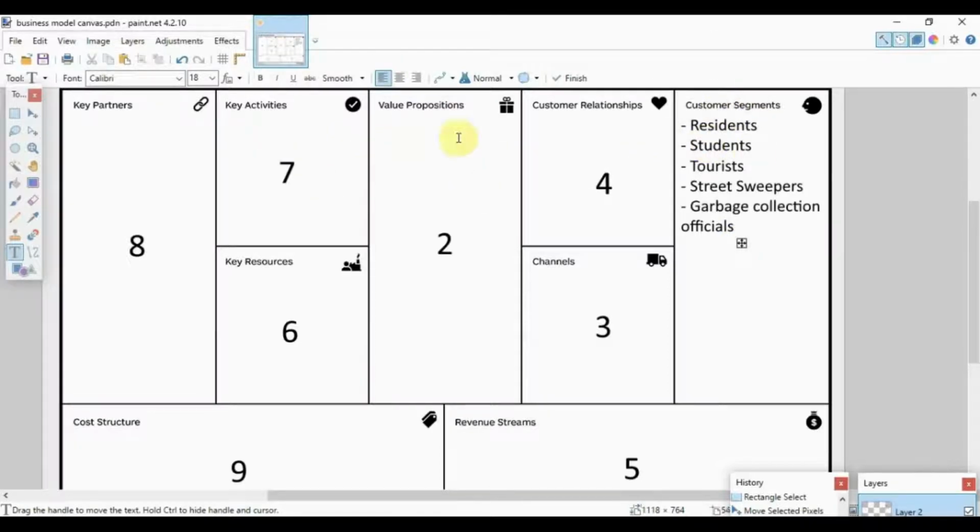Let's move on to the second box to fill in the value propositions. These, simply put, are the features of your system. So what are the defining or the unique features of your application? Let's define some features here for our garbage tracker app. Obviously, it will allow you to monitor and track garbage